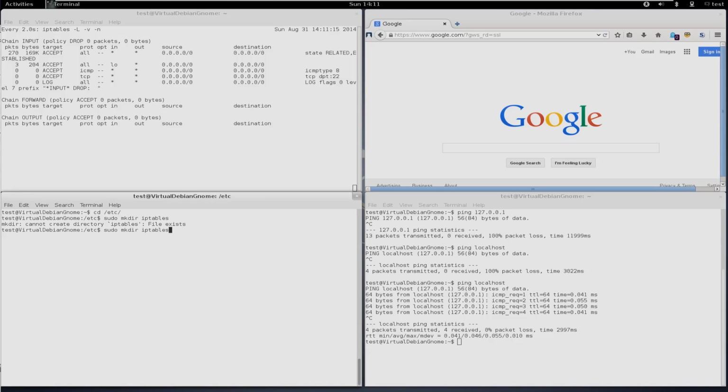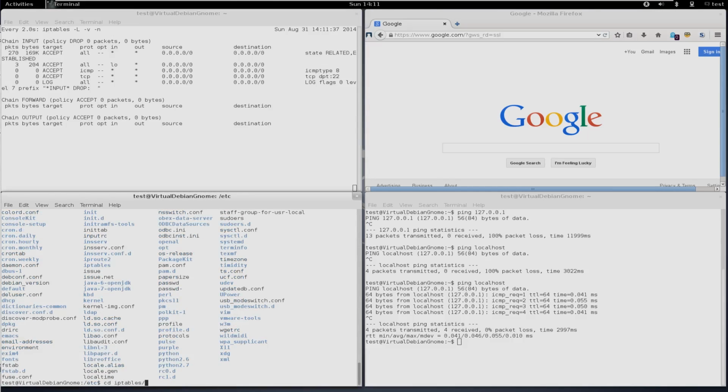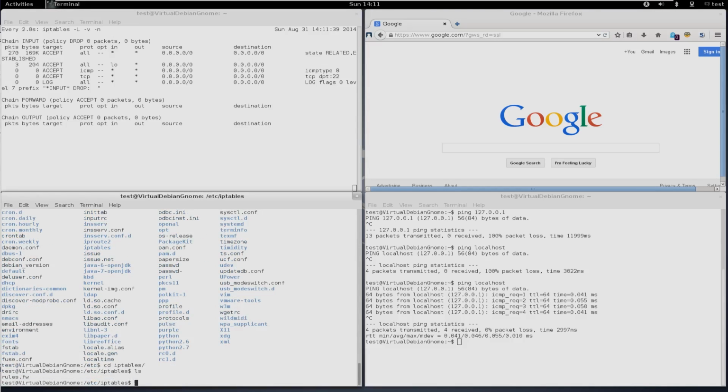Oh, that is there for me. Okay, so I've had a couple of takes on this video, and so my directory already exists. But you're going to issue that command, and it will make your directory. So then we're going to cd into Iptables, right? And you'll make a file called rules.fw, but you're not going to make it the normal way. What we're going to do is sudo